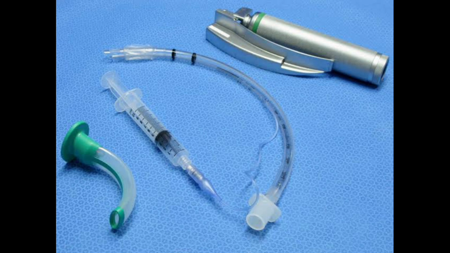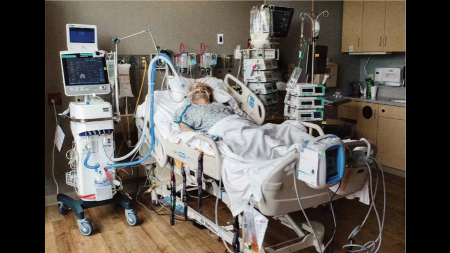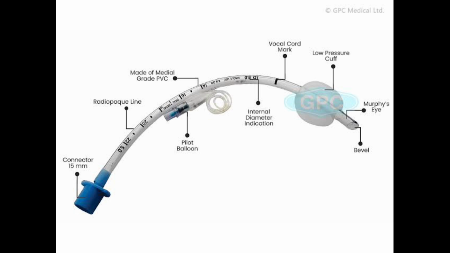Uses of an endotracheal tube. Maintaining an open airway. In cases of airway obstruction, trauma, or paralysis, an ET tube helps keep the airway open, allowing for proper breathing. Providing respiratory support. It enables the delivery of oxygen and control ventilation to the lungs, especially for patients with respiratory failure or difficulty